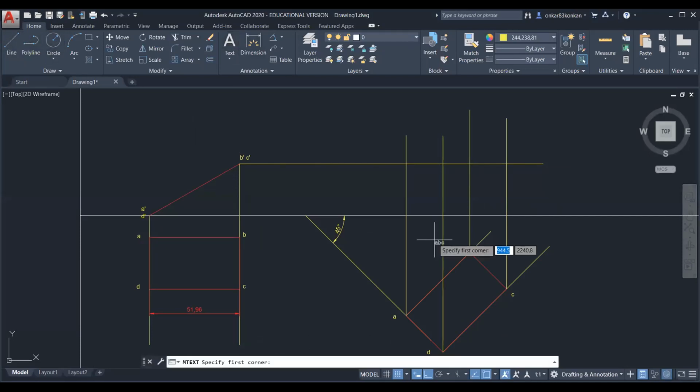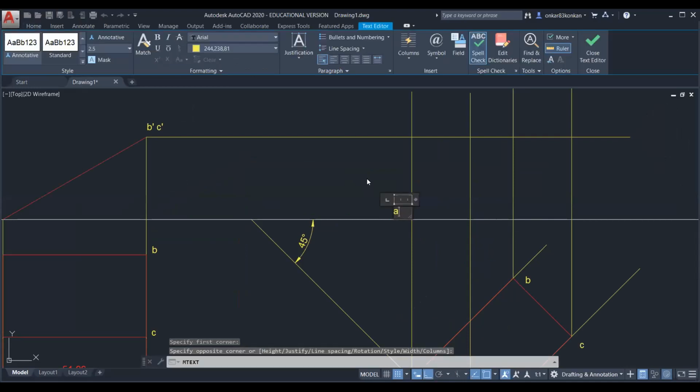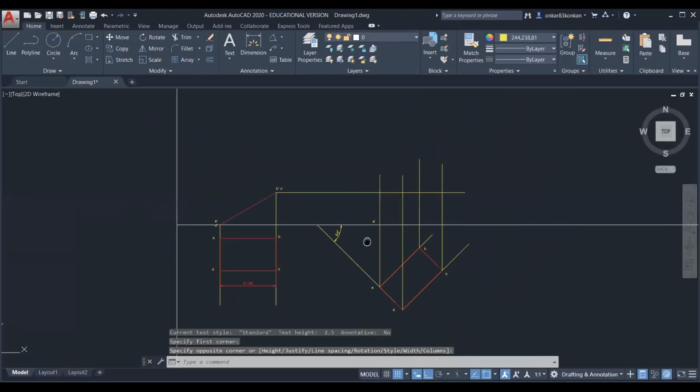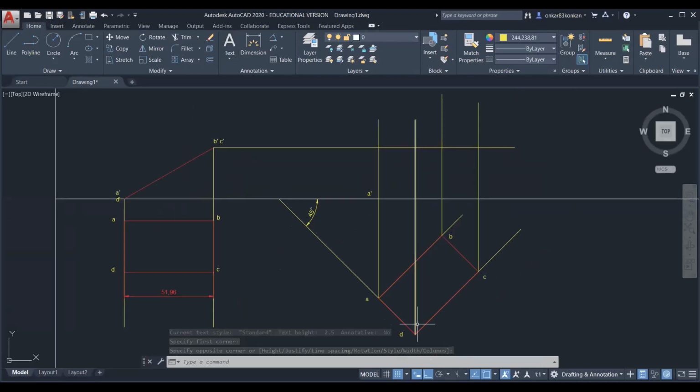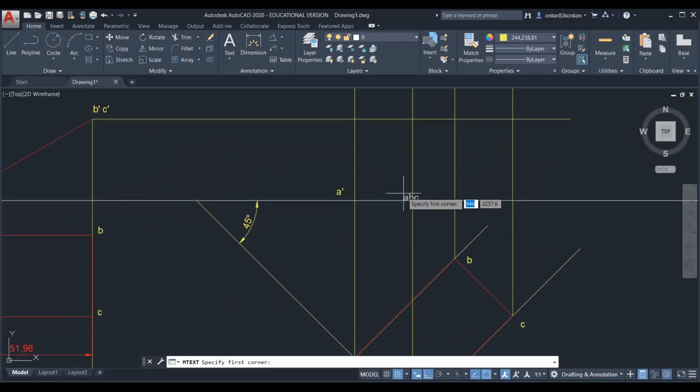So we will name those intersection points. So observe the projector from point A, and this is the projector from A dash. Okay. So this point is nothing but the A dash in the final stage. So this is the A dash. Then next is point D. So this is the projector from point D, and this is the projector from point D dash. So this point is the D dash in the final stage.